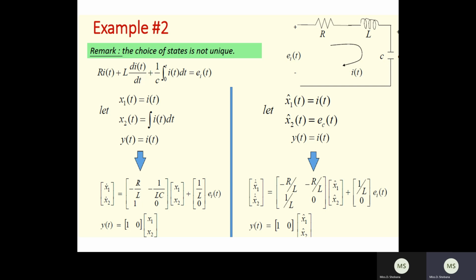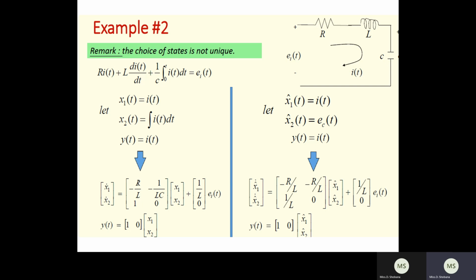So here the output equation will be, if the voltage source is given, current through the circuit will be the output equation. Therefore, y of t is equal to i of t. So now from this equation you can obtain x1 dot and x2 dot. Okay, so x1 dot you can determine. L into x1 dot is equal to e of t minus 1 divided by C into integral of i, and minus R into i. So here L will be taken to the right hand side. You will be getting minus R divided by L and minus 1 divided by LC. So this will be the equation.